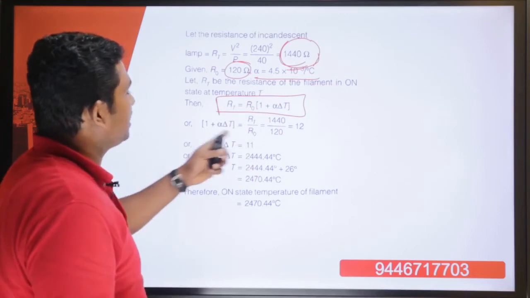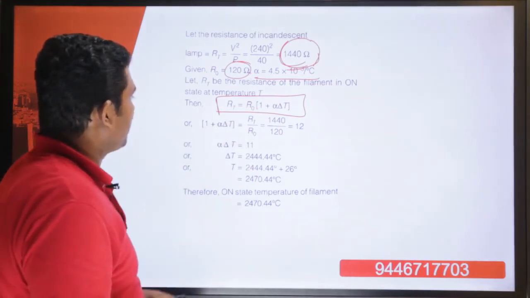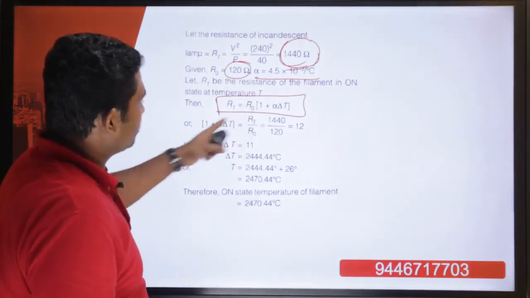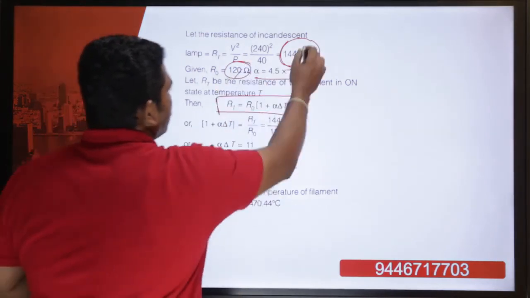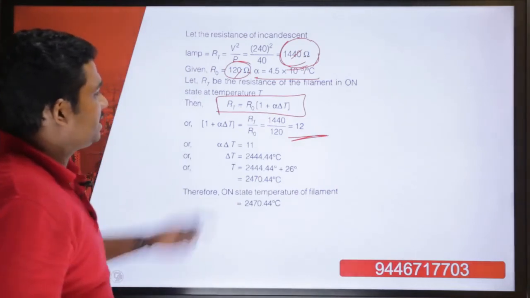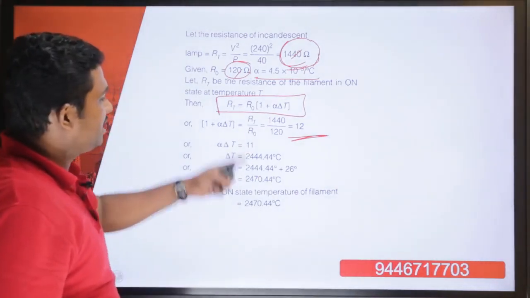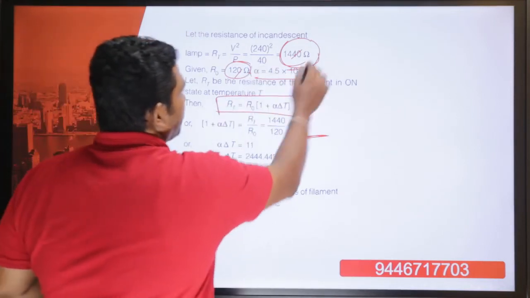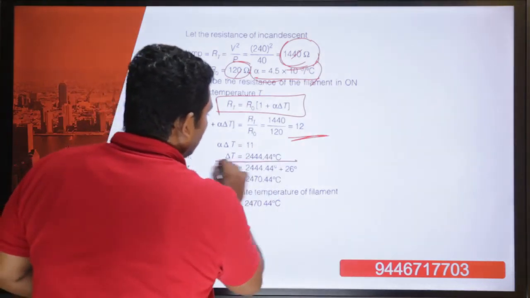So 1 plus alpha delta T, substituting this into this value, is equal to RT by R0. We know RT and we also know R0, so we cancel it and get 12. So alpha delta T becomes 11, and delta T is 11 divided by alpha. Alpha is already given as 4.5 into 10 raised to minus 3. So our T comes to be